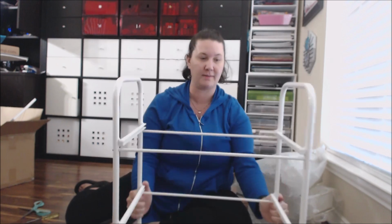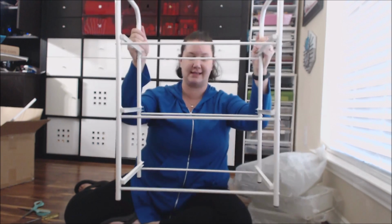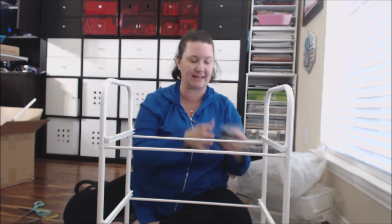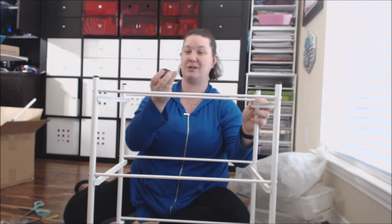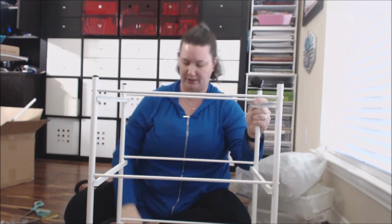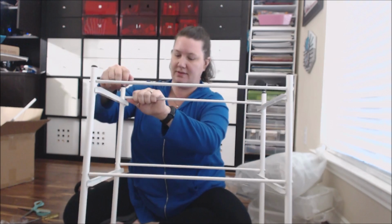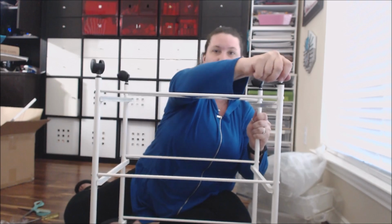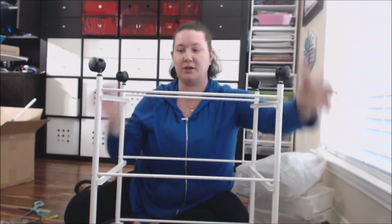Alright, so I've got the base of my cart all set. Everything's screwed in nice and tight. Everything's in there firm. Next thing is to put the little wheels on. This part's actually really easy. You just push the little wheels in. Super, super simple. They basically just pressure fit. And the fact that this isn't going to be gravity fed, meaning that there always is going to be some pressure on this cart,